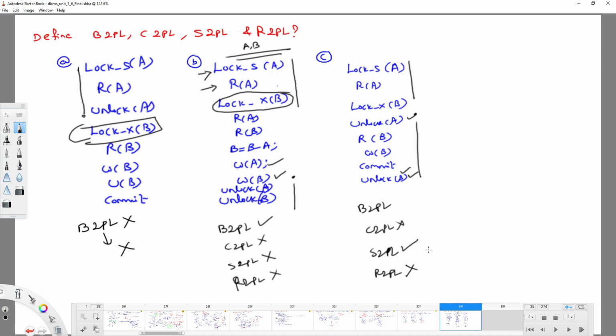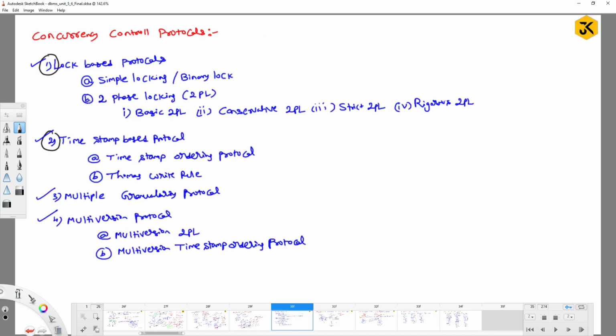Is it okay, everyone? Yes. So this is all about the various kinds of two-phase locking and simple locking mechanisms. Okay, so in the next